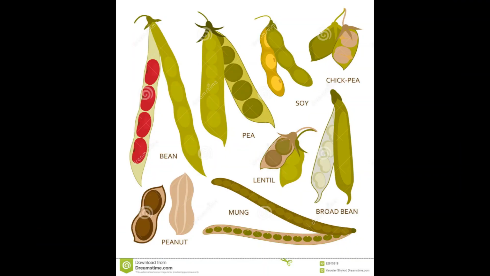Now, what happens is that when we use fertilizers and manure, we replenish the soil. We replenish the soil with nutrients, because when we continuously practice agriculture on a particular field, the natural nutrients get depleted. They get less in amount. So we must replenish them.